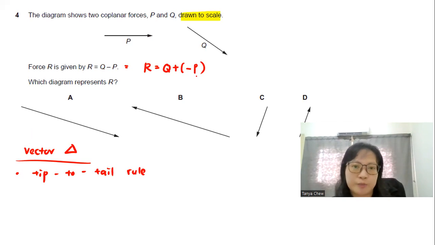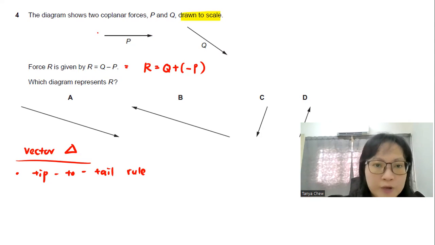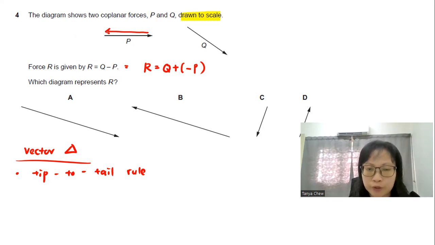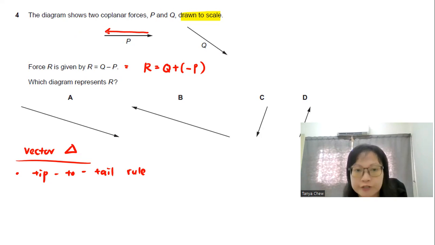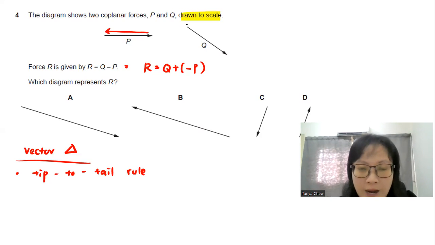Is this the same as minus P? I got to change my direction of P since this is about negative P. P is towards right, negative P must be towards left, like that. And I will put Q as my first vector. I'm going to draw Q first. I'm going to draw it here. So Q is here. And all I need to do, the tip of the Q, is